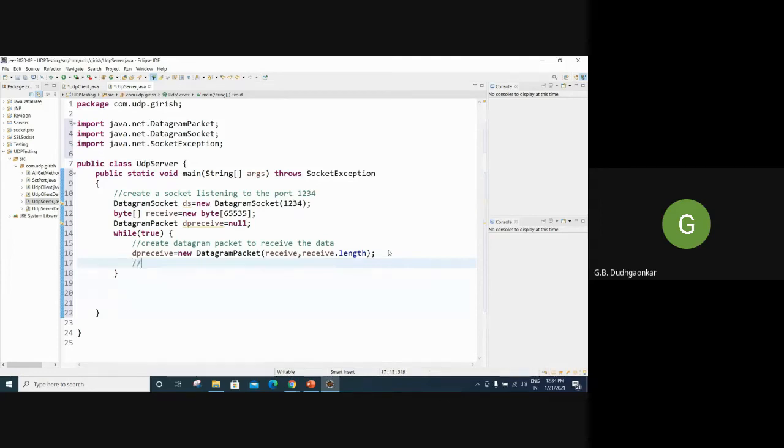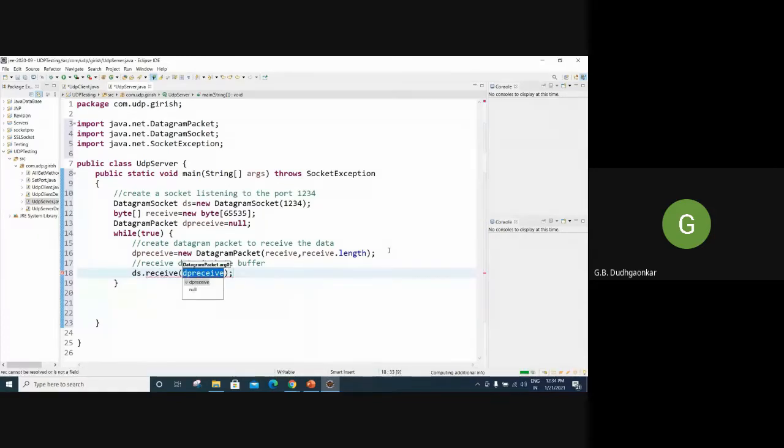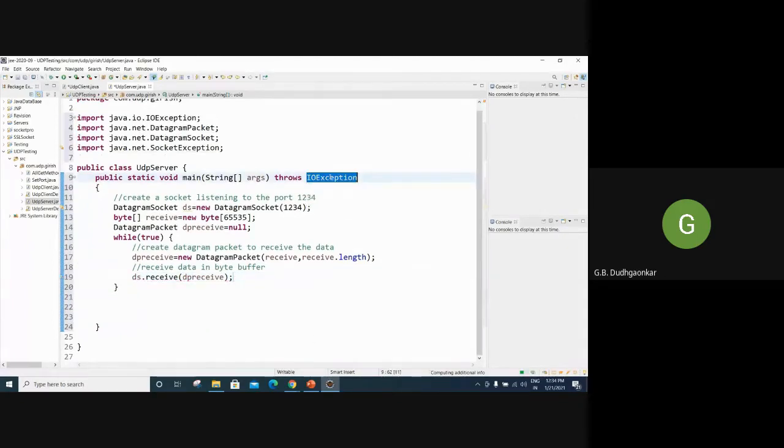Now we are to receive data in the byte buffer, as I told you. With the object of the datagram socket and the receive method, DP will be received automatically.